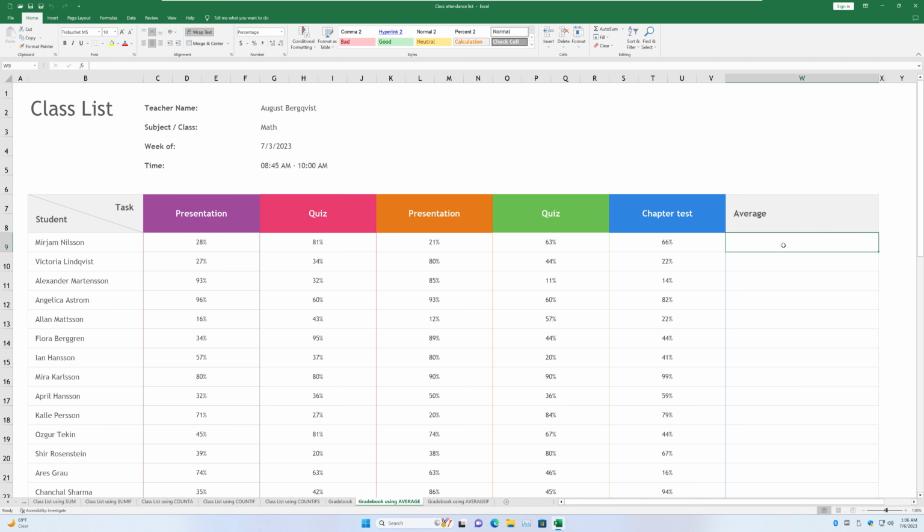Now the AVERAGE function is pretty simple, just like the SUM function, which is basically the sum of all the cells selected. So the same goes for AVERAGE. Just enter AVERAGE, parentheses, and then select all the cells you want to average, close parentheses, and there you have it. So by rough calculation, it's about 52%, and rounded to one decimal,